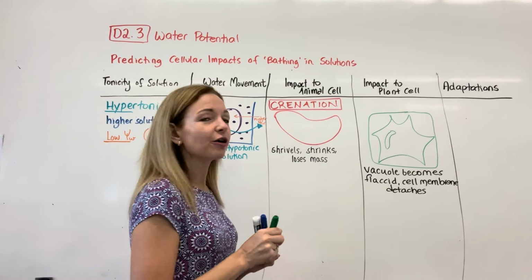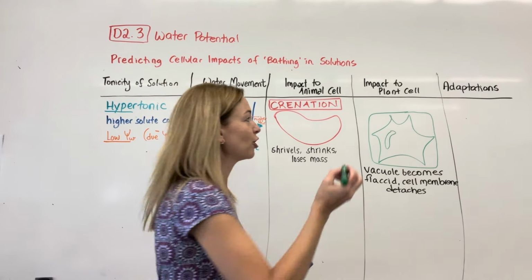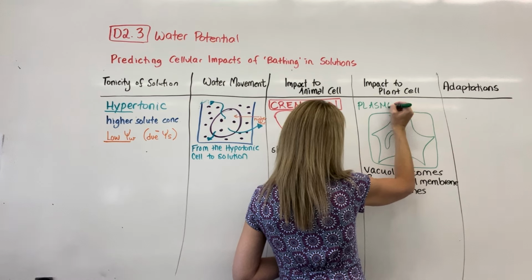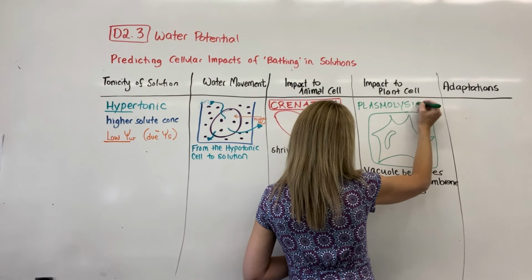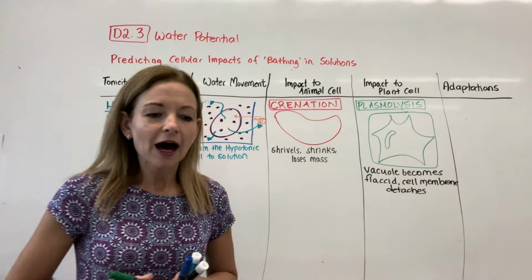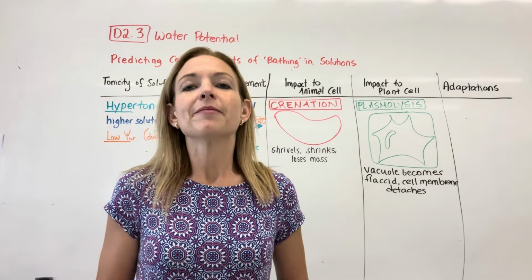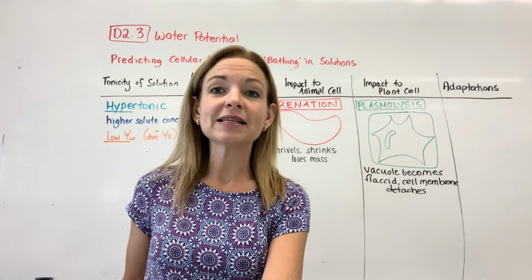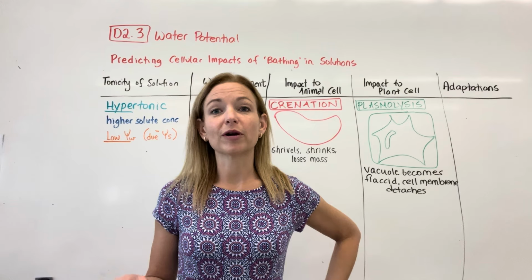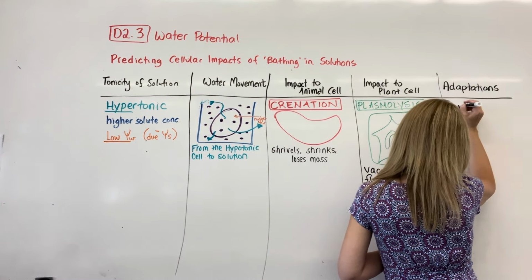So the cell wall stays in place, but the cell membrane can actually kind of come off the cell wall. And again, we need our term for that. So if that happens and the cell membrane detaches, we would call that plasmolysis. For when that occurs. What are some adaptations? This is probably more of an ecology thing, but essentially adaptations for this is to try and basically avoid situations where the cell runs out of water. So this would be things like water storage adaptations.